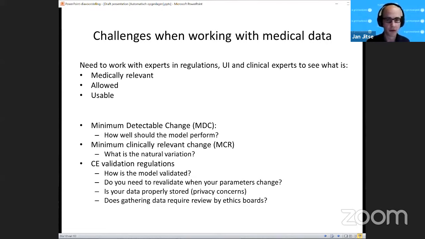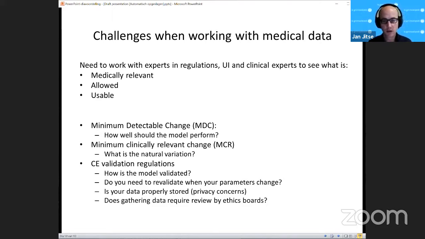For every change you make in your app, for example, if you just change your model parameters because you think it will be better, you need to update your documentation. And these rules change also. There was going to be a big rule change on the 26th of May this year, but luckily that's now postponed because of the corona crisis.